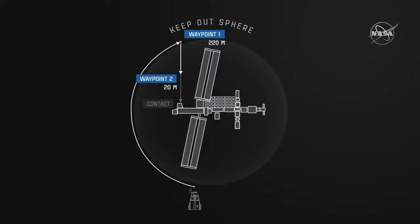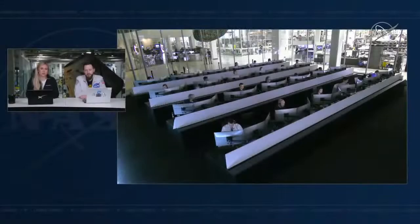Yeah, and we should note that while the other pause points were able to be skipped, essentially, that one is not skipped because of that final go, no go point. So waypoint 2 is up next, and again, that puts Dragon only 20 meters away from the space station. From there, the spacecraft will focus on